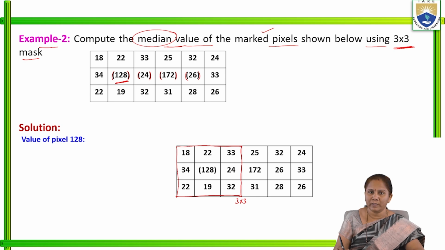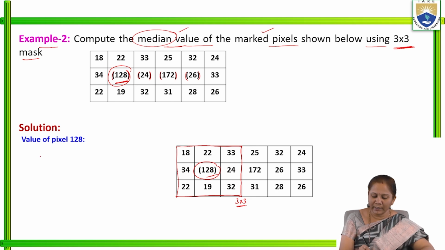The size is 3 by 3 and the marked pixel 128 has become the center pixel, and that pixel value should be replaced by applying the median filter. So considering the pixels available in this 3 by 3 mask, first we have to write all these pixels under the mask